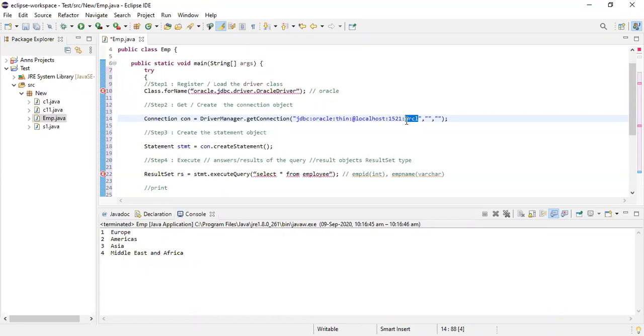In case you don't remember your username, don't worry. I will tell you how to fetch your username from your Oracle database. So this will be my default path. For all of you, this will be the path, except for this particular word. For me, it is ORCL. For each of you, it might be different. I will show you how to fetch this particular word.